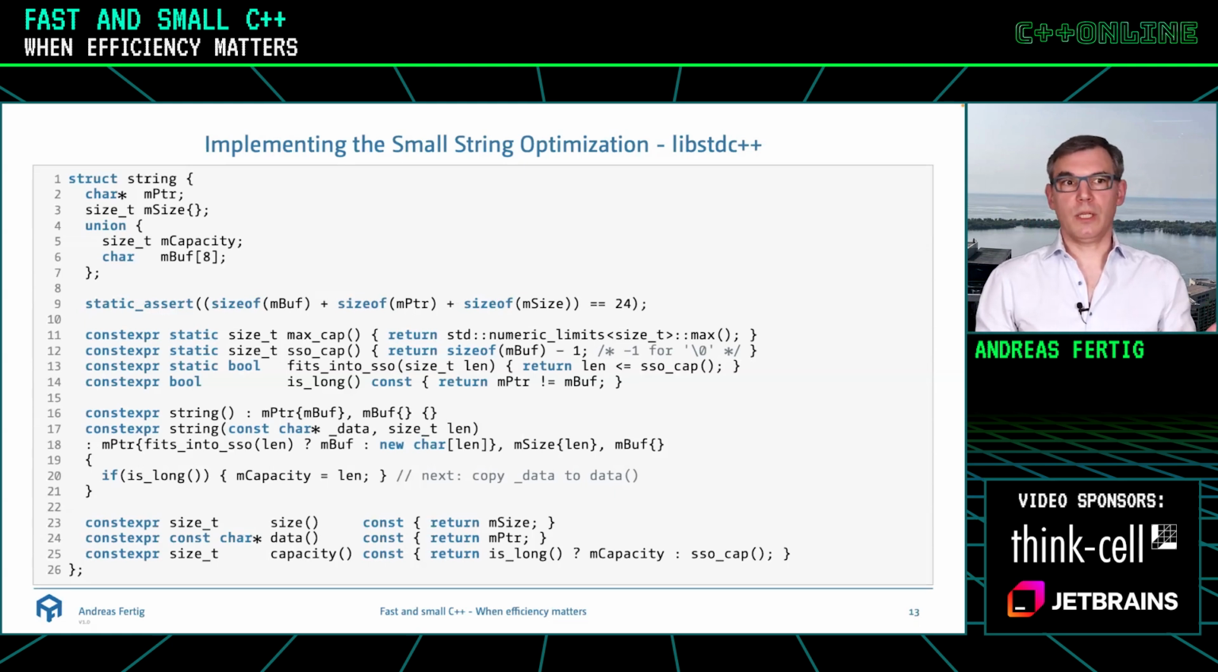SSO capacity here is the size of mbuff minus 1 because we have to store the null terminator. So that would mean 7 characters, a small string buffer. That's not a lot. FitsIntoSSO simply checks whether the length is less than or equal to the SSO capacity. And the rest of this trick part is now in isLong, because what they are doing there is comparing